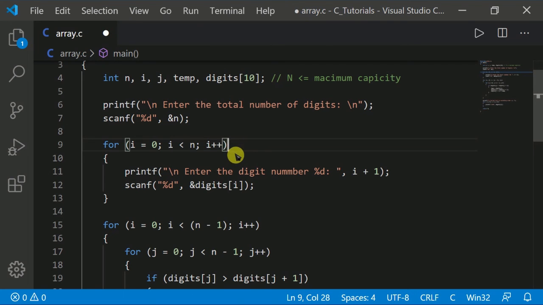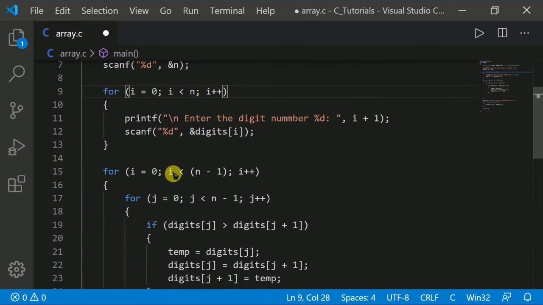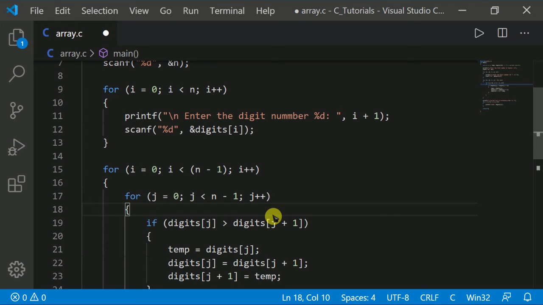Now create a nested for loop with i and j iterators, as we have created. After that, start the sorting in ascending order by extracting each element at position i of the outer loop.